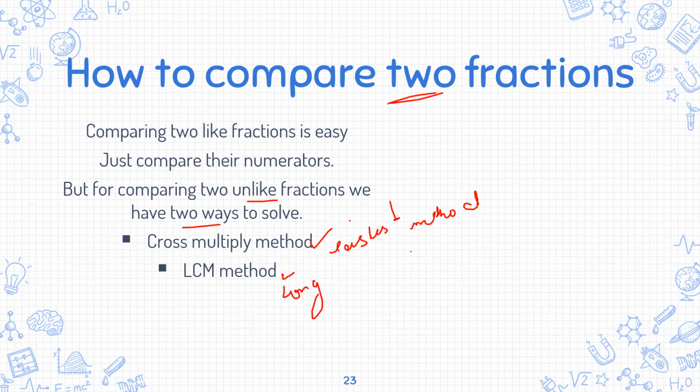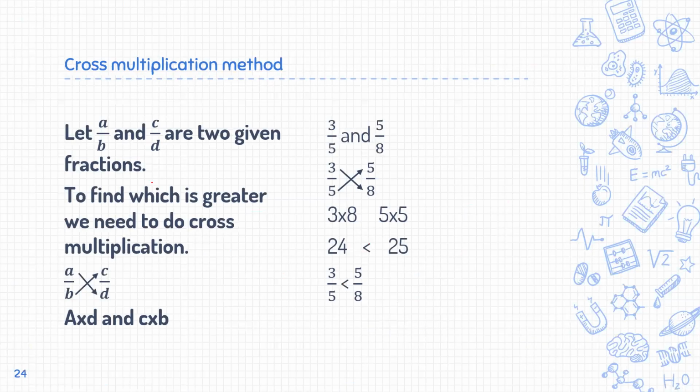And this cross multiplication method is also very short. But in one part of it, people get confused, and I want to erase that confusion. Cross multiplication method. Let a upon b and